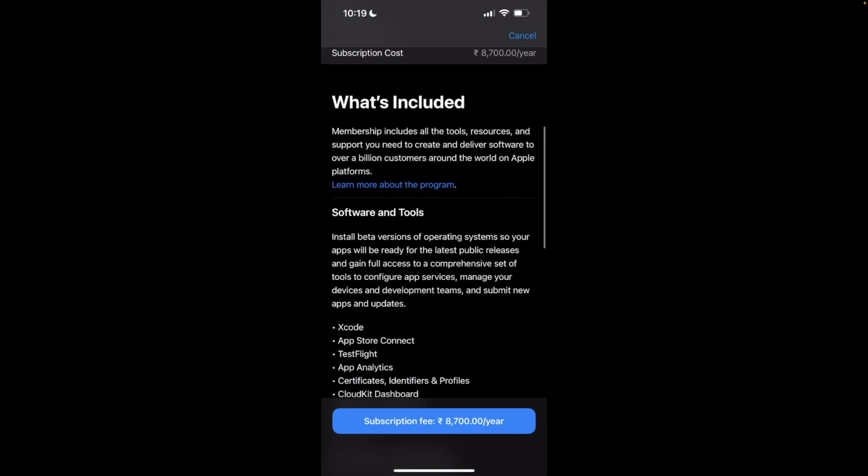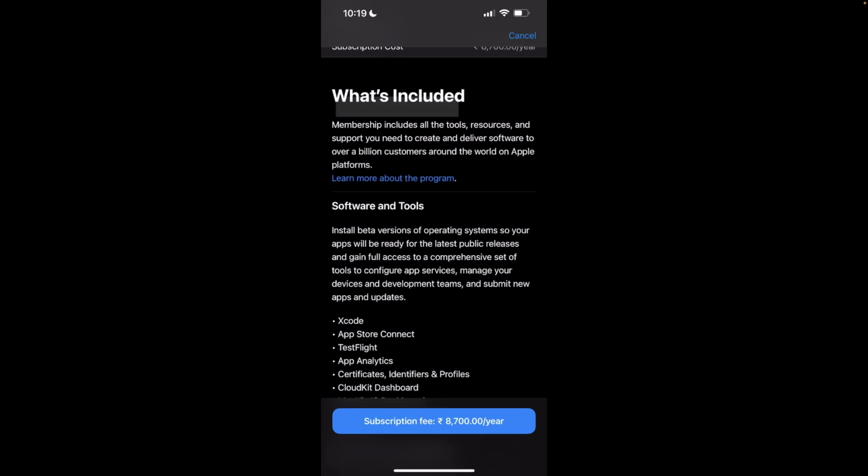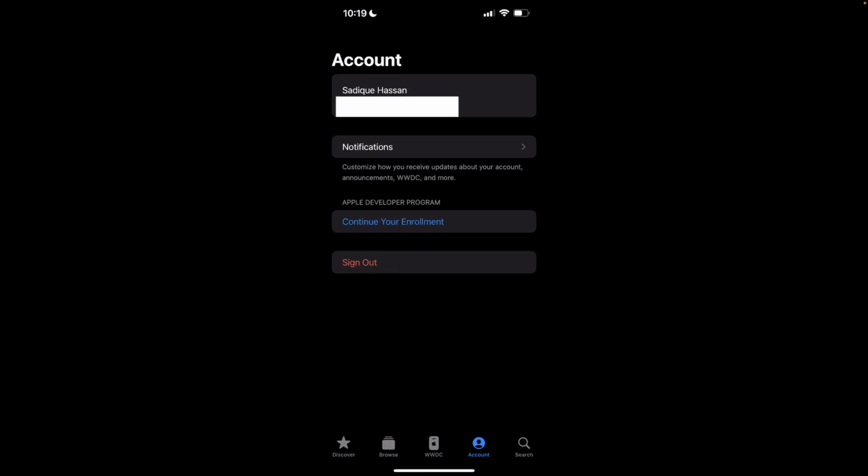But still, what you might want to do is at least add your account to the Apple developer profile, and then just simply don't make a purchase. Just add and link your account with the Apple developer profile, and once that is done, simply you may install the update. Let me show you how.